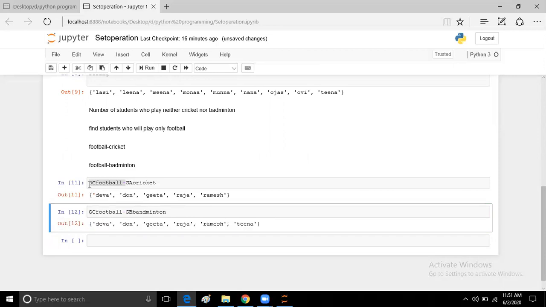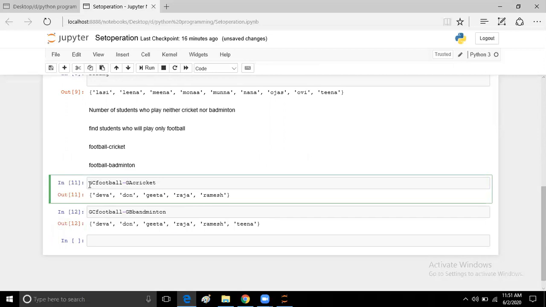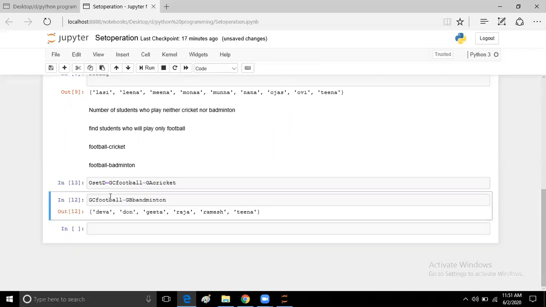Now we will generate one set. From set 1, if we subtract something with reference to set 2, this operation is known as the set difference operation. So by this example we are showing the output of set difference. I store football minus cricket into the output of set difference.